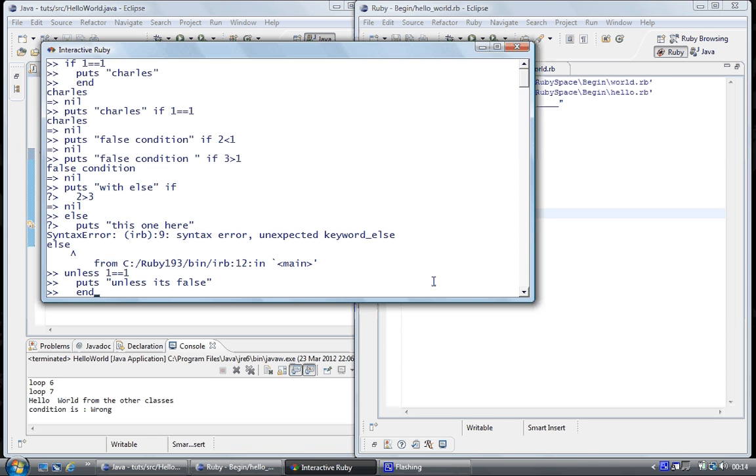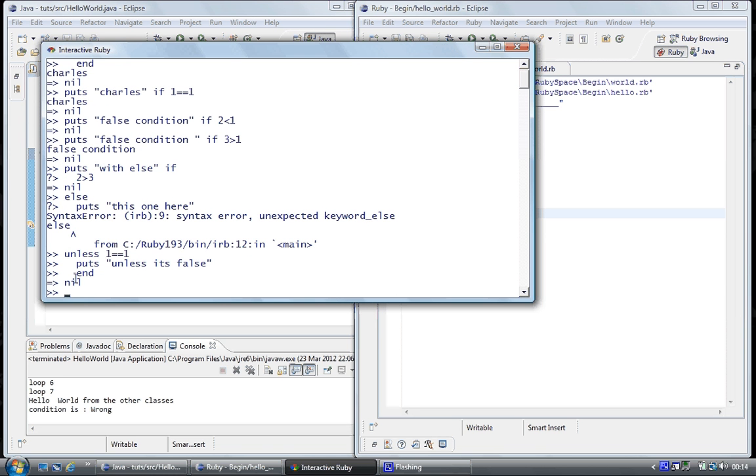And so this is going to be true. 1 is equal to 1 is true. If it was an if, it would put this message to screen. But because it's unless, it's not going to put it to screen. You can see just the nil. But if we make the statement false,